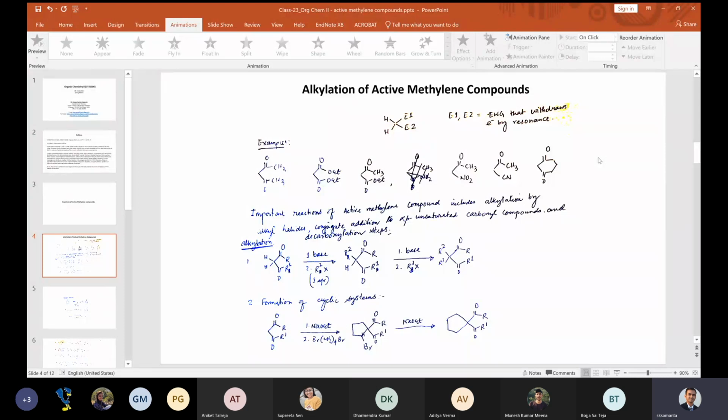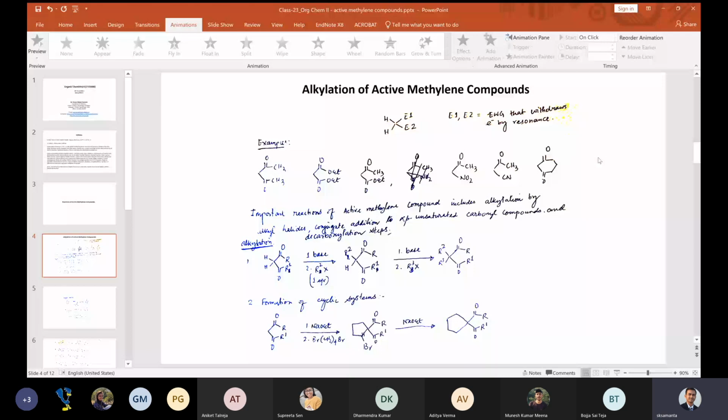So mostly we will be using active methylene compound and a Michael acceptor, which we have learned in the last class, right? So there will be Michael acceptor and it can react in 1,4 fashion followed by ring closing, and that reaction is known as Robinson annulation, correct? So that Robinson annulation will be used in many of the examples that I am going to show today, and that all use this active methylene compound for the synthesis of different structural units. Okay.